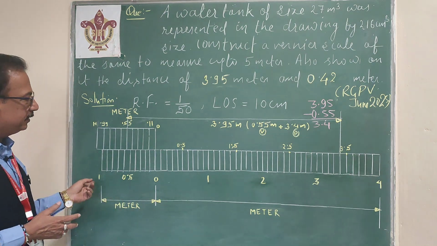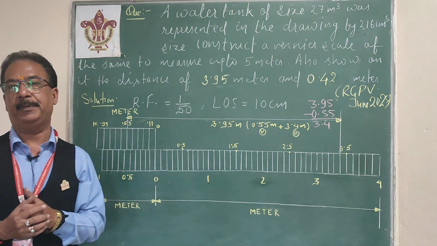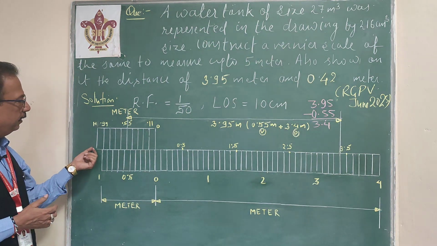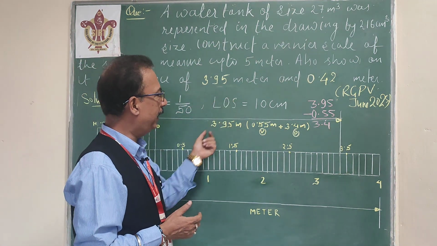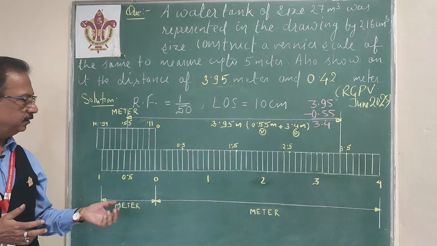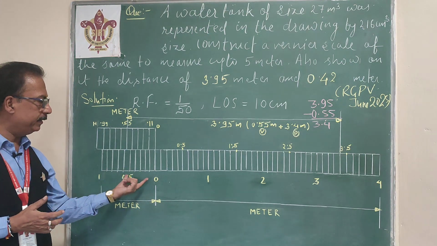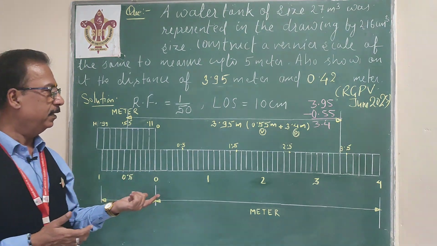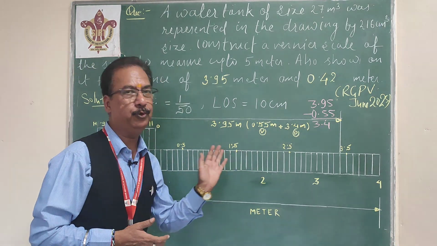After that, now we will start. As you know, in a vernier scale there will be a main scale, known as the primary scale, and there will be one vernier part. Initially, as the maximum length will be 5 meter, we will draw a 10 centimeter length and divide that into 5 parts. Now one part will be 1 meter. Then subdivide the first part into 10 parts as in the plain scale. But the new thing in the vernier scale is that we have to divide all the parts into 10 parts.